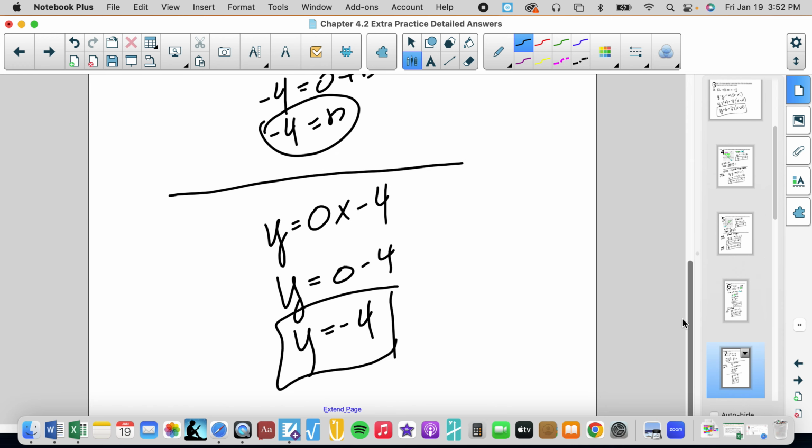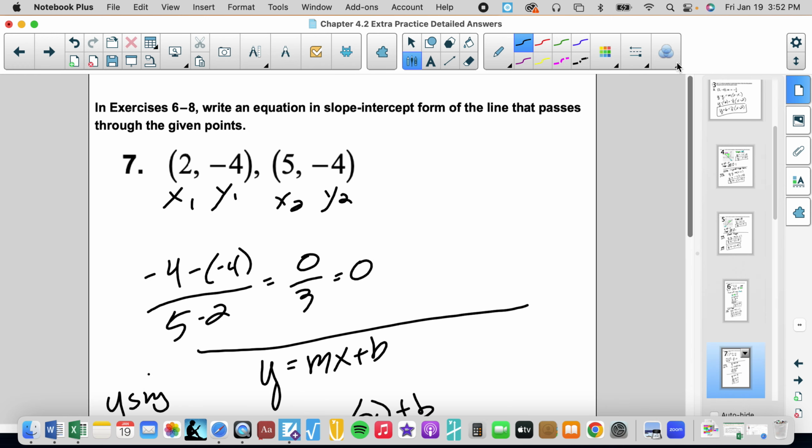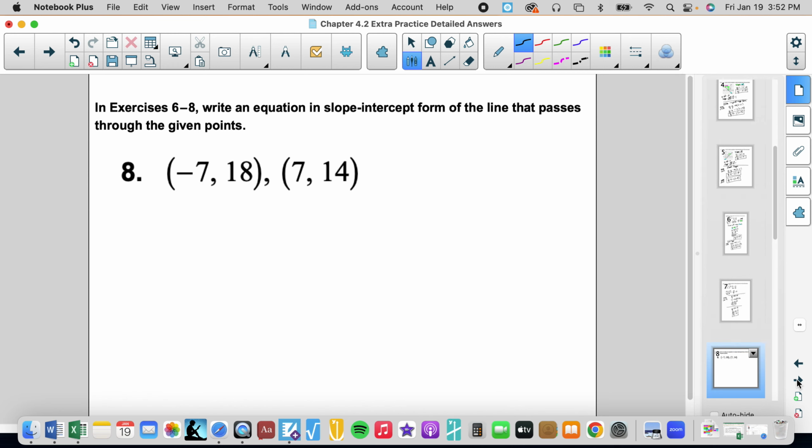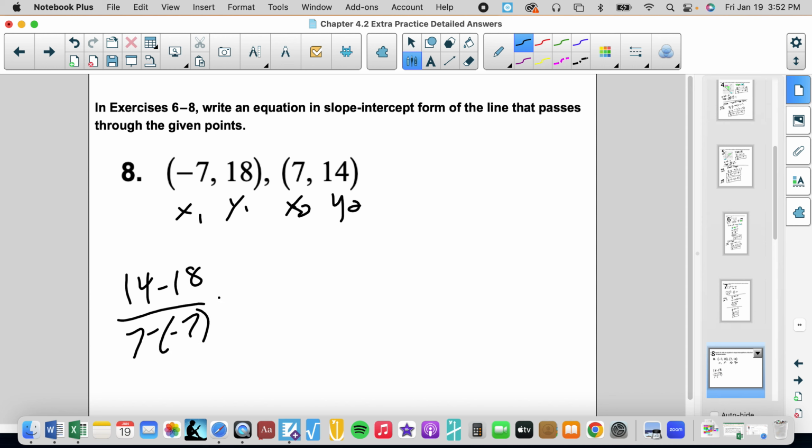And that makes sense because it says y always equals -4. Does my y value always equal -4 no matter what I plug in for x? Yes, it does. Number 8: x sub 1, y sub 1, x sub 2, y sub 2. So 14 minus 18 over 7 minus -7, which is -4 over 14, which reduces to -2/7